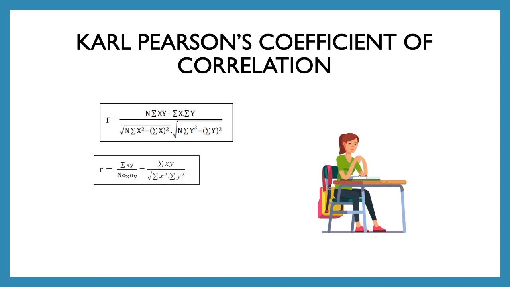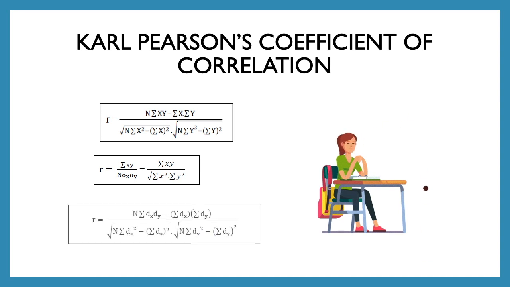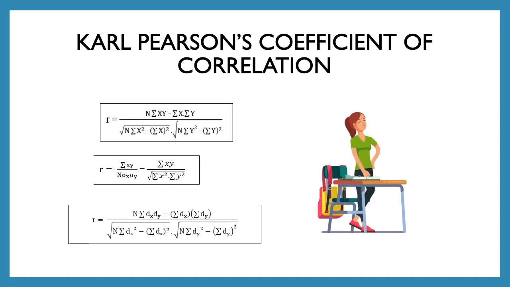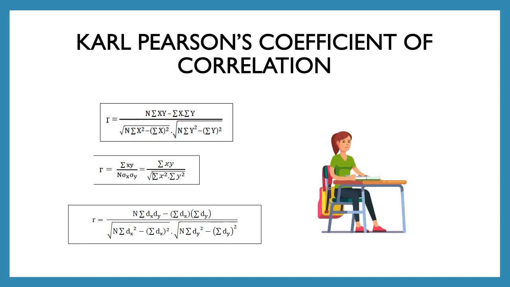Under this method, the coefficient of correlation is defined as the ratio of covariance between the two variables to the product of their standard deviations. The formula is given as under. When deviation is taken from assumed mean, the formula for correlation coefficient is given as